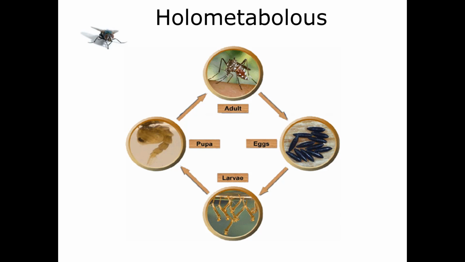So again, the adult males emerge earlier than the females, and as emergence approaches, the pupae are going to remain stationary at the water surface. The abdomen is going to gradually straighten out over 10 to 15 minutes, and the adult is going to emerge from the pupal cuticle by ingesting air, causing the cephalothorax to split along the dorsal surface. So there's a weakened margin along this dorsal surface. They'll pop open that dorsal cephalothorax, and then they're going to push themselves out of the cuticle and stand on the surface of the water.